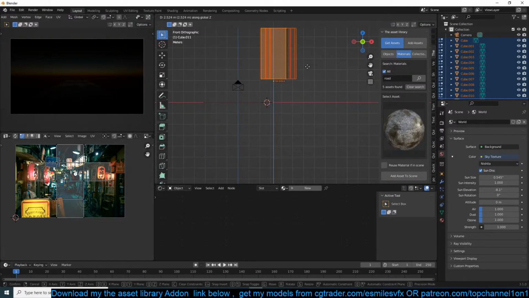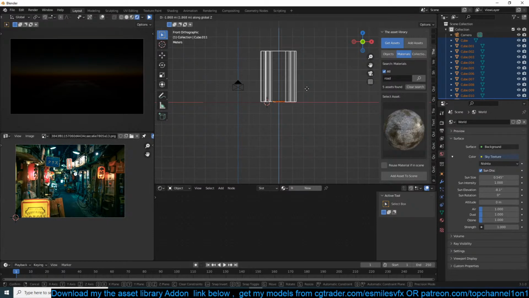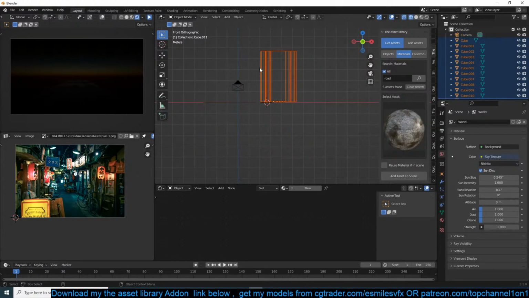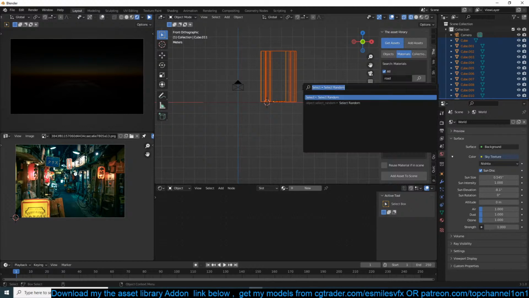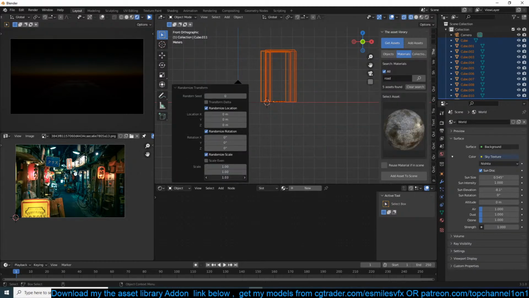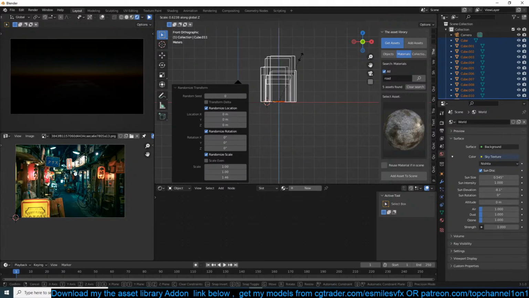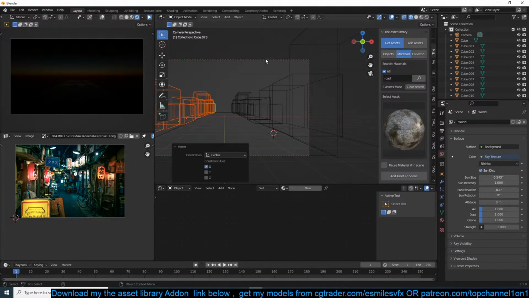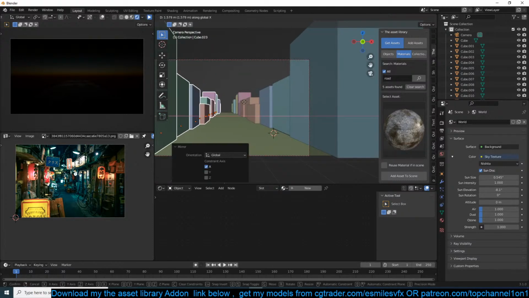Let's just look, and I think I can do a random transform. F3, randomize transform, and I just want to randomize the Z. Just trying to block out everything.